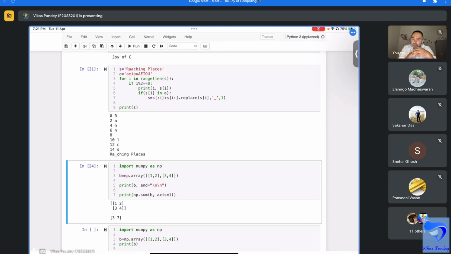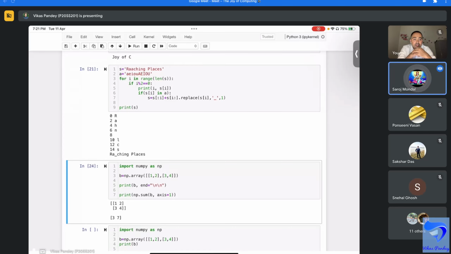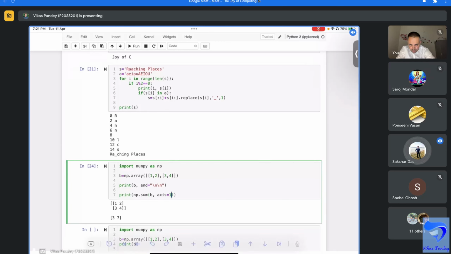And here you see it is giving us output as 7, not as 6 as expected. And this also, 3 plus 1 should be 4, but it is giving us 3. So what is the problem here? 1 plus 2 is happening, sir, and 3 plus 4 is happening. Yes. So 1 plus 3 is not. So, sir, it adds horizontally. It adds horizontally. And if we put axis equals to 2,